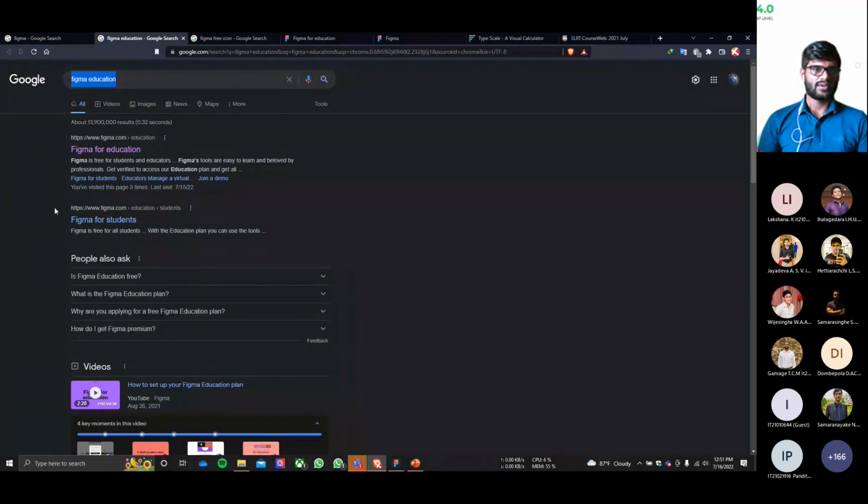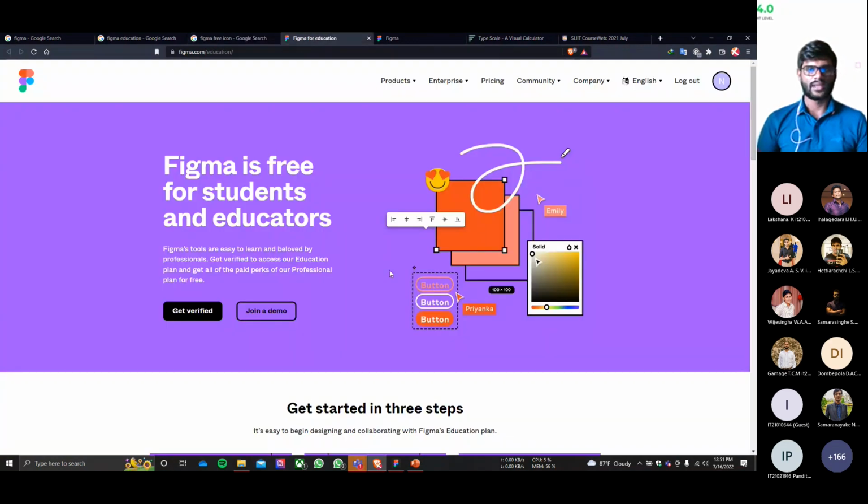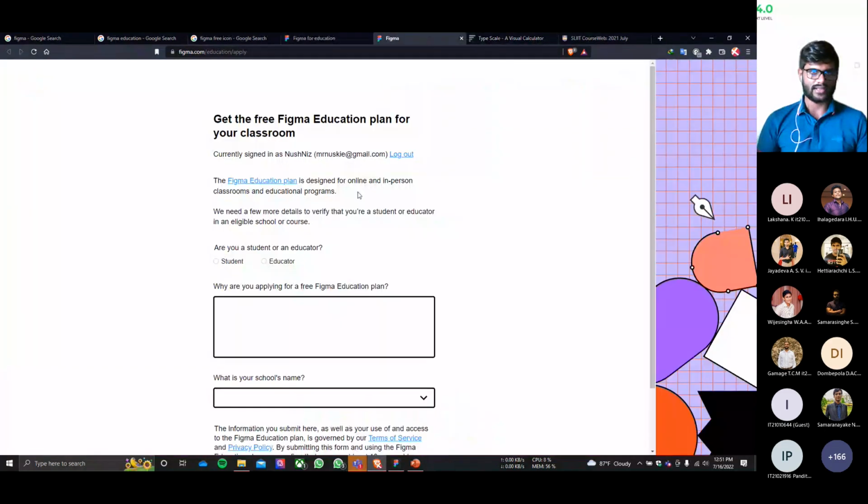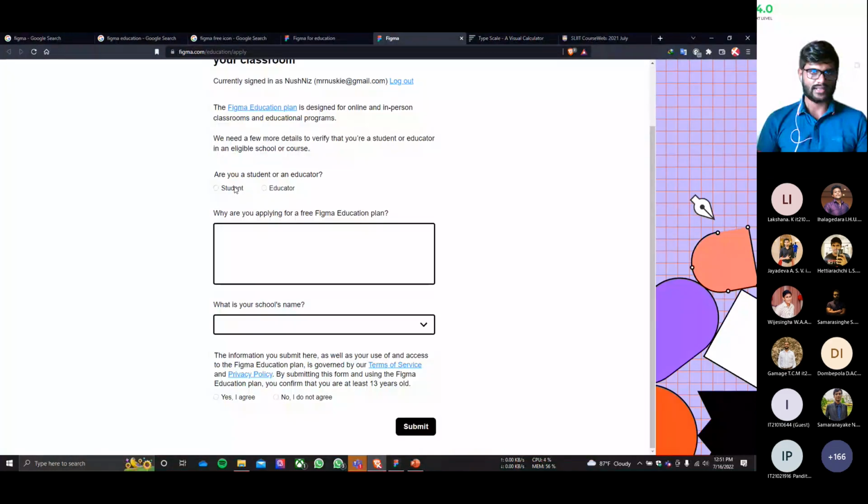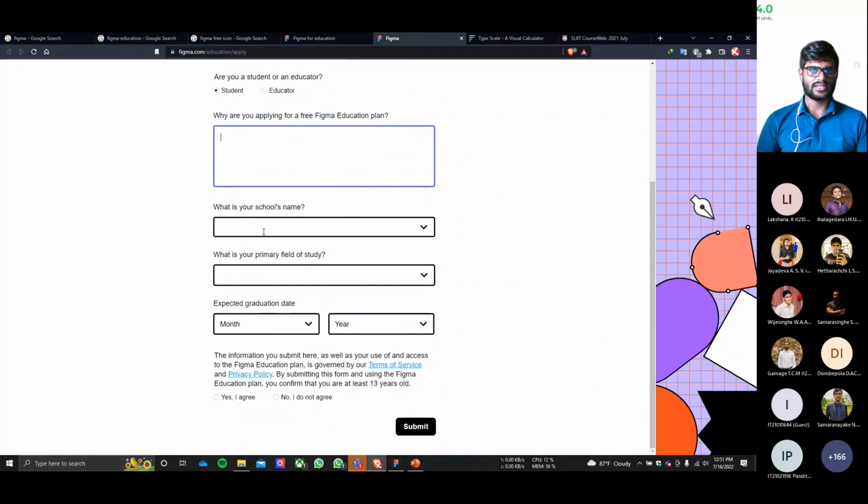So you can search on Figma education and click on the first link, Figma for education, and you will be redirected to a page like this. And here, just click on get verified, and then you will navigate to a page like this. So here you have to fill the things: student, why are you using the education plan,